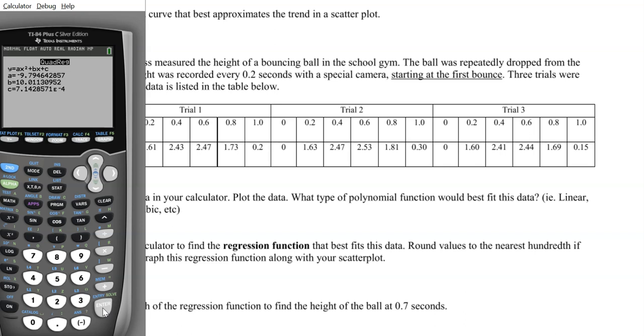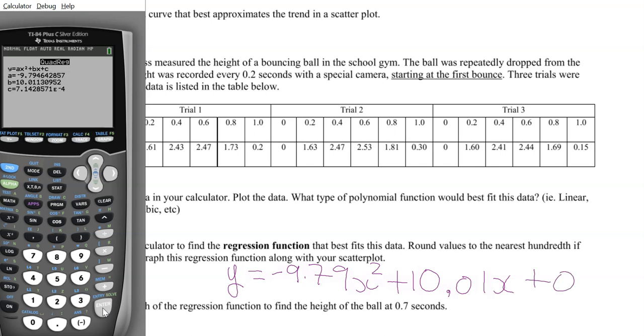Okay, so I should figure out what I did with the whiteboard pen. Okay, found it. So we are going to enter the equation. Y is equal to negative 9.79 x squared plus 10.01 x